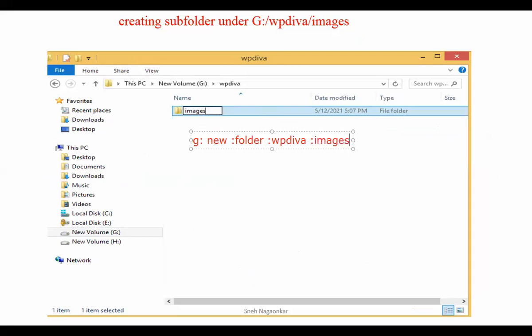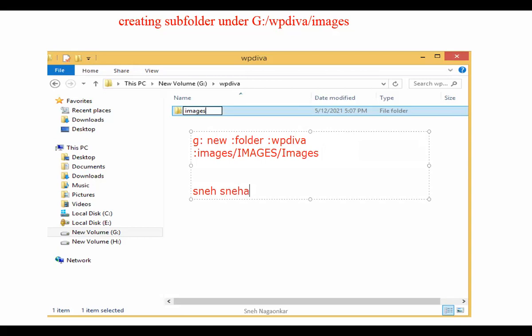Remember that for images you can use small case, or you can use capital case, or you can use I as a capital and the remaining letters as small. You can use any format, but remember what name you have given. What name you have given, that should be correct. For example, suppose my name is Sneha, right?